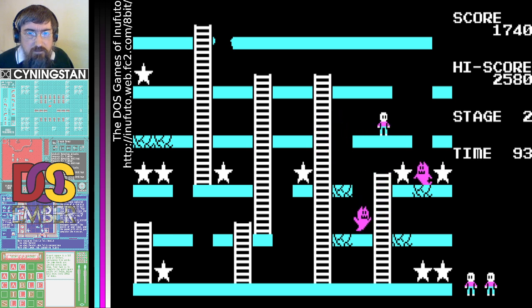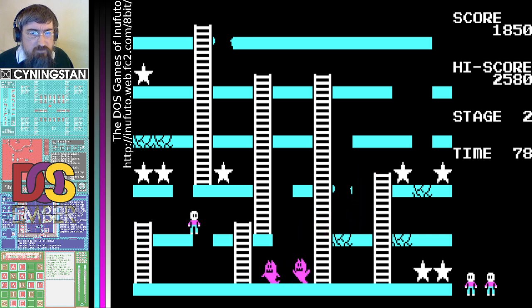Right, let's see where they're going. They're just wandering around there pointlessly trying to get at me. So if I go there, I can get up this ladder. No, that is not what I intended to do.